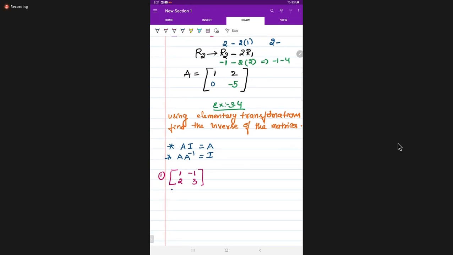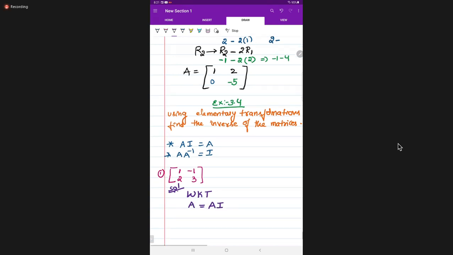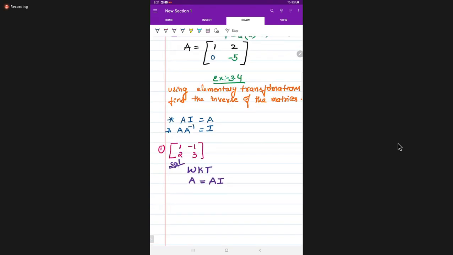You can write like this, students. We know that capital A is equal to A into I. We can write it, students. Respond, all of you. This is one simple thing only. A is equal to A into I, I write like that.